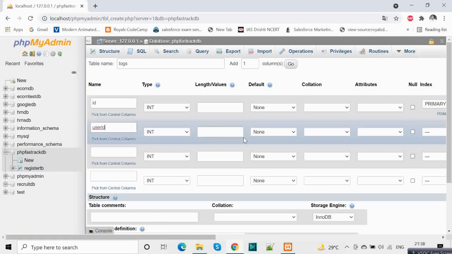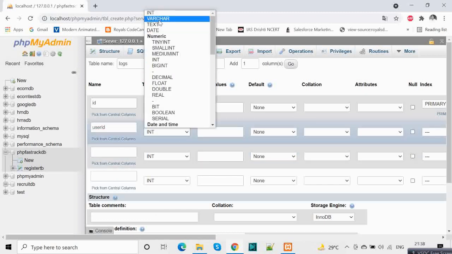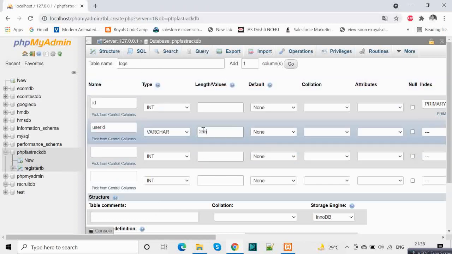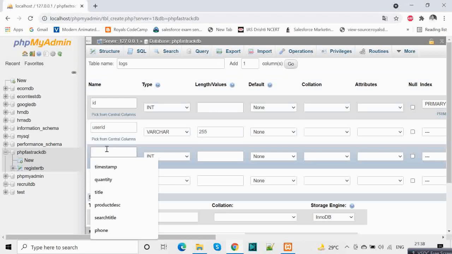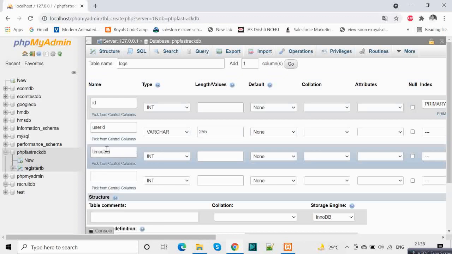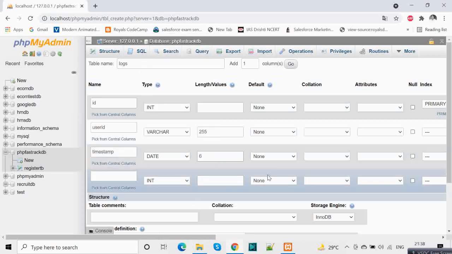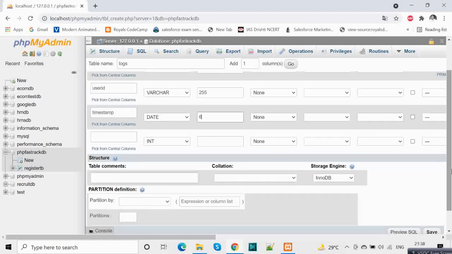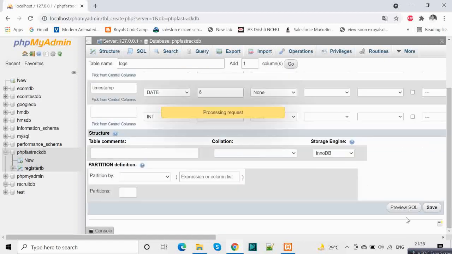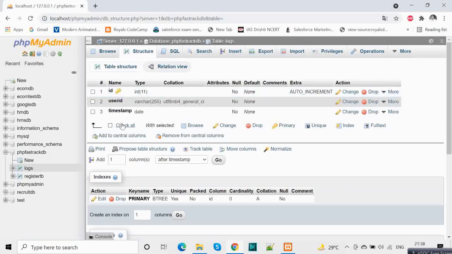And we will have, let's say, user ID, which user updated this, and it will be varchar 255, and the timestamp. The timestamp will be date, and that's it. So let's save it.